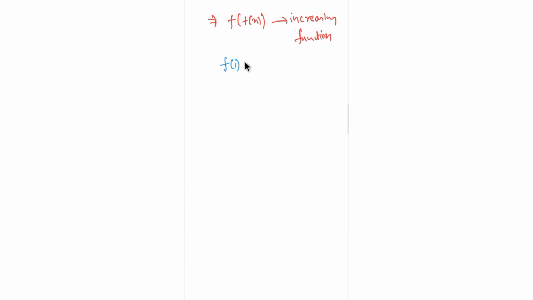We are given that f of 1 is equal to 1, so put x is equal to 1 here. We get f of 1, isn't it? So it's basically again f of 1, and it's nothing but 1, because we know that f of 1 is 1. So put x is equal to 1 in this function. You get f of 1, which is nothing but 1. So that means that f of x is equal to 1 at x is equal to 1, isn't it?